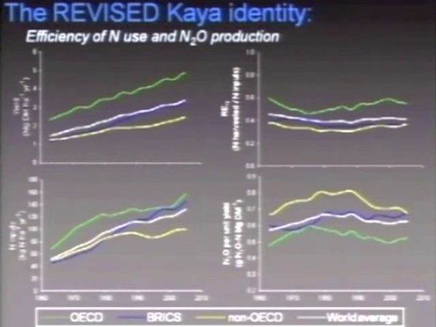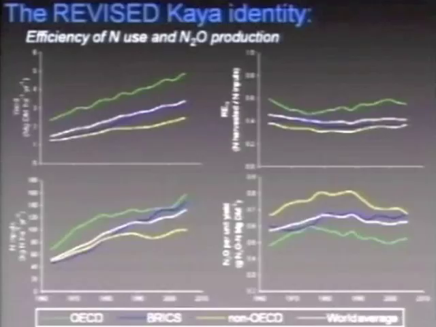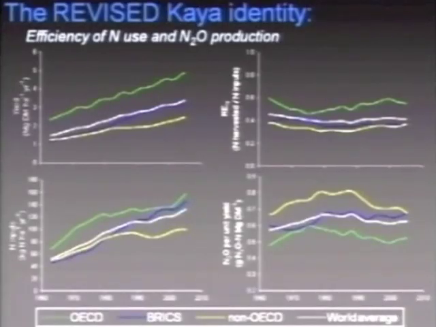Now, if we look at this last panel, this is a measure of nitrous oxide emission per unit yield. You can see that the rich countries are doing better in terms of N2O per unit yield. So in other words, more crop is produced per unit N2O emitted. The systems are highly productive, but they're also more efficient in terms of greenhouse gas productivity. We haven't published these results yet, and I'll be interested to hear some feedback. But they surprise me, and I think they're quite interesting.